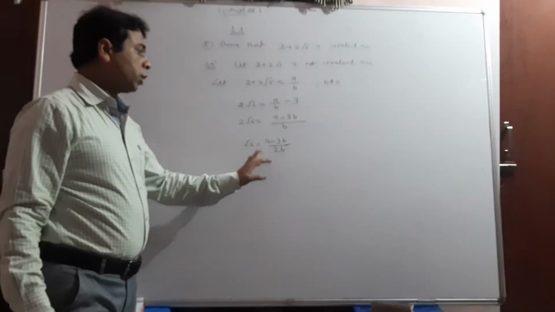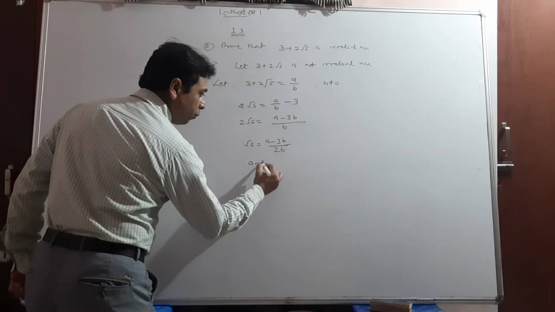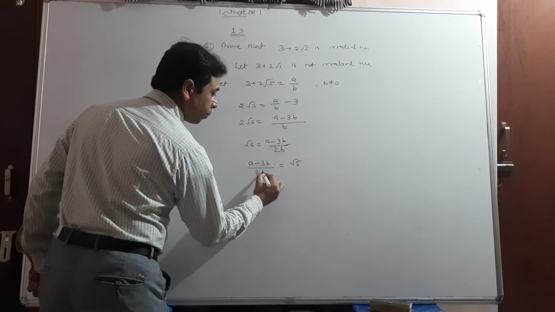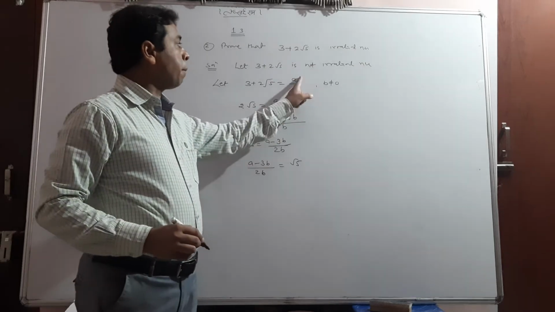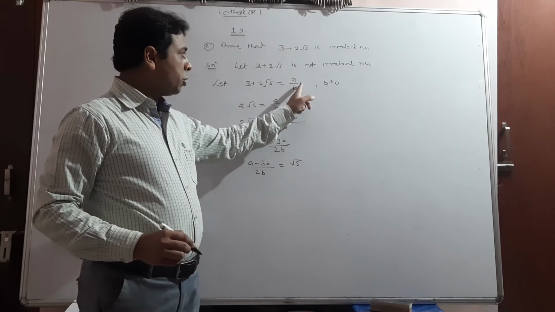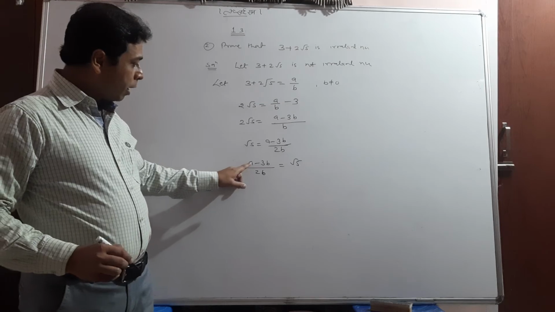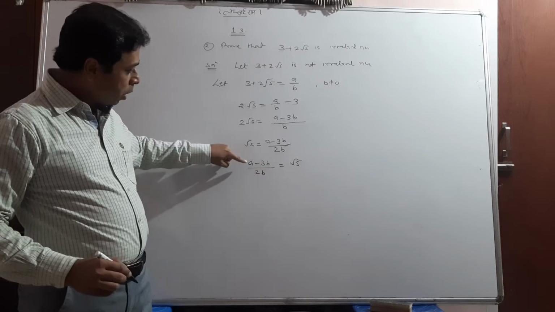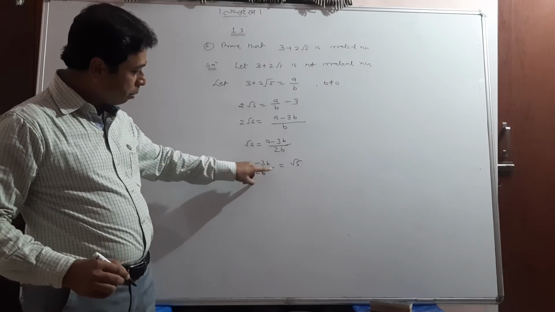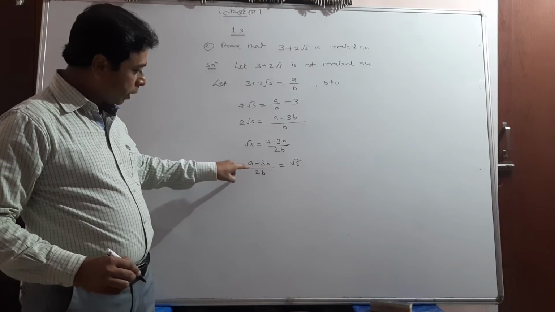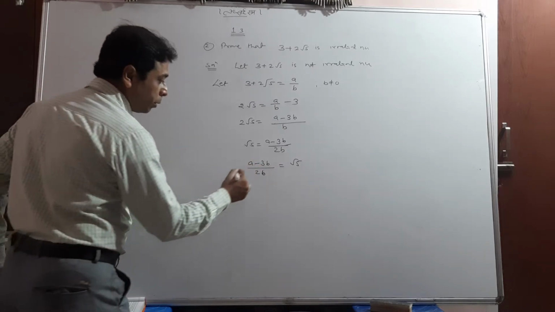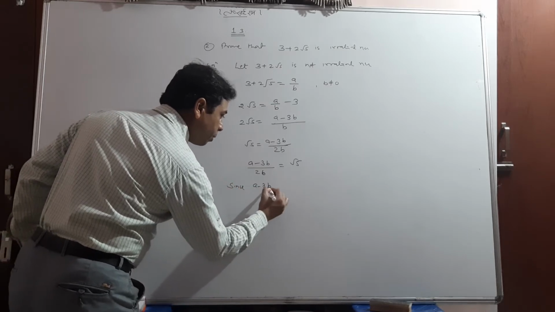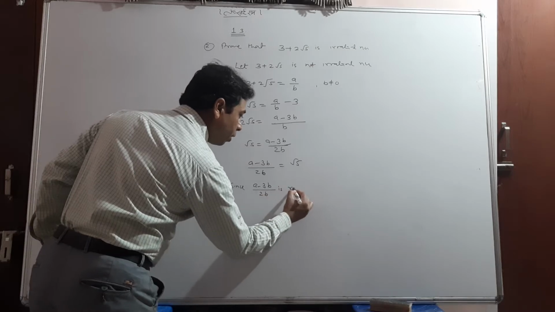Now students, what conclusion did you get? I am writing it again for you, this side here and this side here. Now I ask you one thing: a and b are simple numbers, they may be integers. When we talk about a minus 3b upon 2b, this is none else than a rational number, because whatever it is, the numbers have a division sign between them. That's why it is a rational number. So I would say, since a minus 3b upon 2b is itself a rational number,